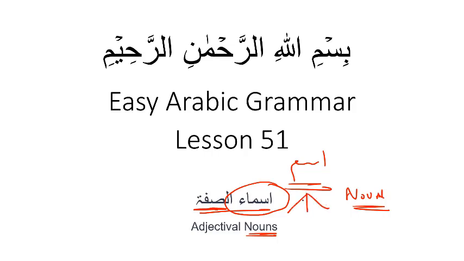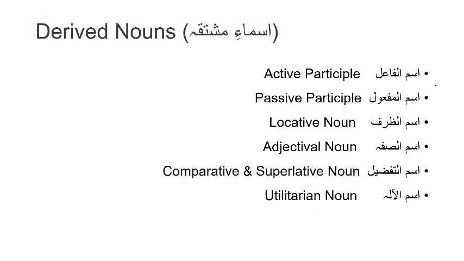But then we have many different types of ism, and we've been talking about this. We have ismul fa'il, ismul maf'ul, ismul zarf, and today our focus is on ismul sifa, which in English we would translate as adjectives, and in Arabic it falls under the ism category. These are the types of isms that are used to describe a mawsuf, that which is being described. So the words used here are called ismul sifa. And then in subsequent classes we'll talk about ismul tafzil and ismul ala.